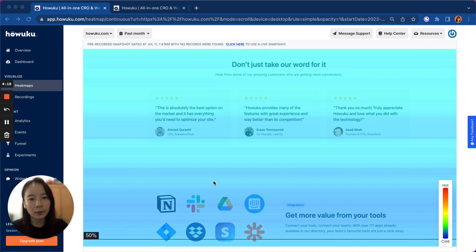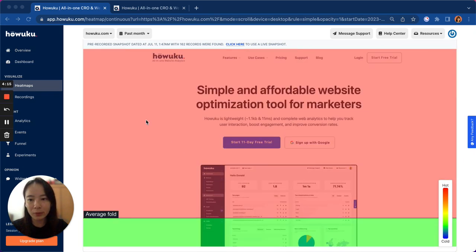One important use case of the scrolling heat map is that you can use the average fold to find out the average screen that your visitor will see the moment they land on your page. You might want to place your most important message and call to action buttons above the average fold to ensure that the moment visitors land on this page, they know exactly what this page is about,